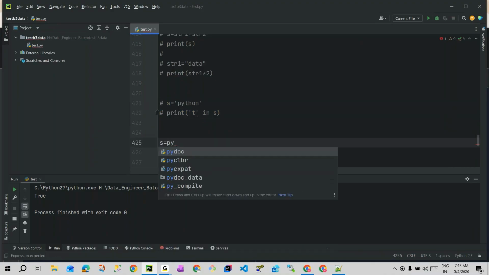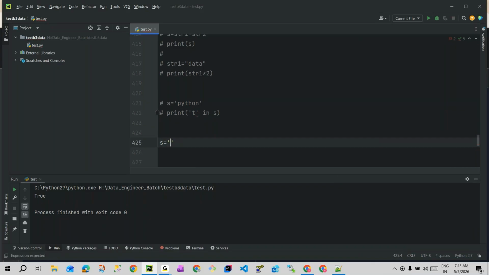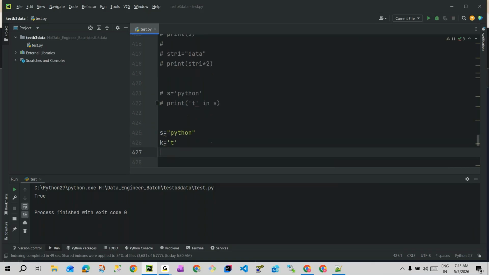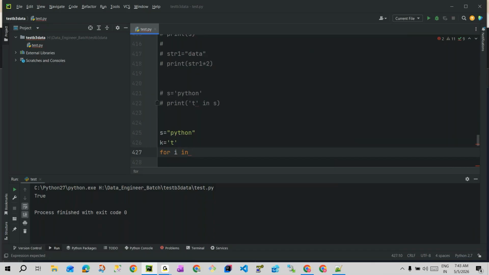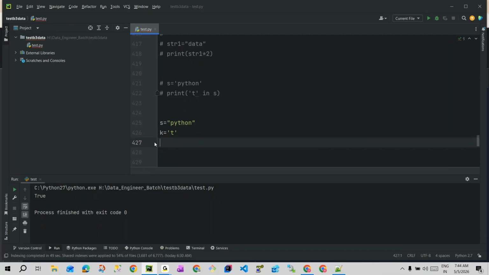s equals Python. Let's say this variable, I have T, I will put it into k, and I will put for i. Even you can take it from the user as well. For i in s, what can we do here, guys? For loop we cannot apply. This is the extra thing I am applying. Here you can apply the if condition. If